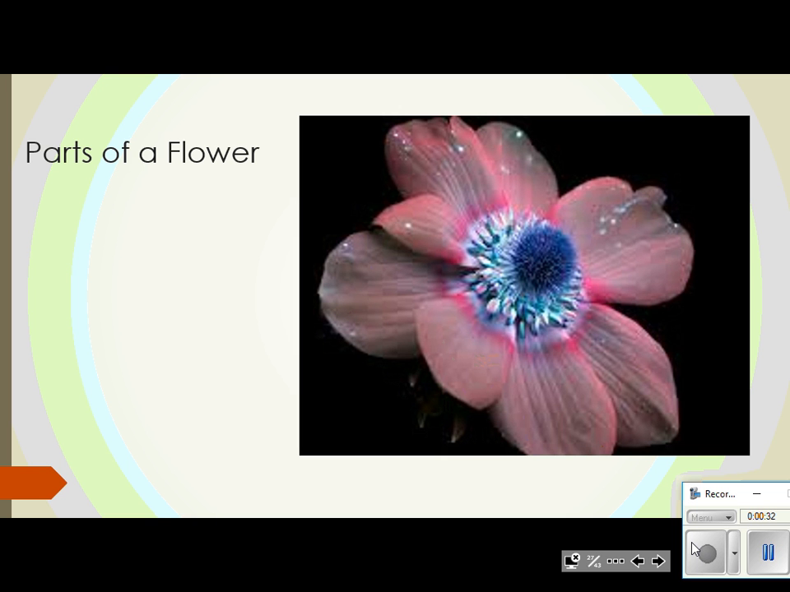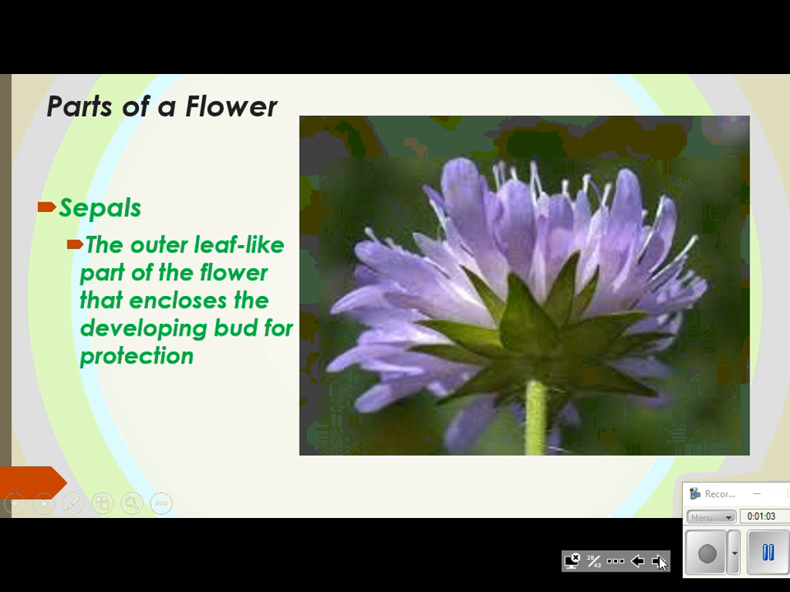So as you can see up there, it says parts of a flower. We are going to talk about the different parts of a flower and get some definitions on it. Then you are going to actually construct parts of a flower and label them on a diagram. All right? So, as we get started here, parts of a flower, we're going to start out with what we